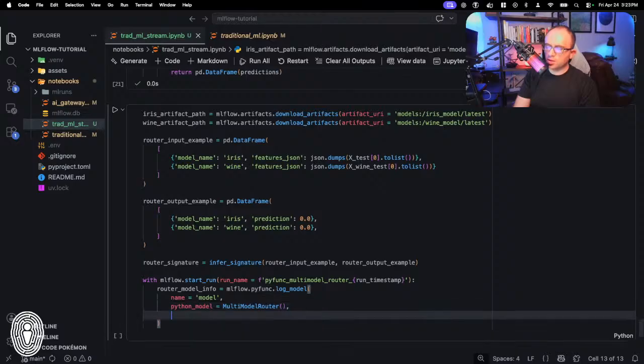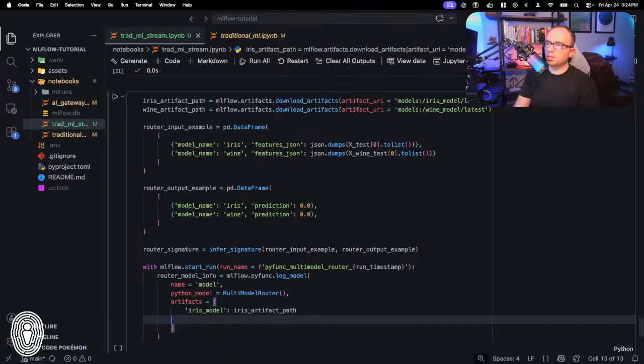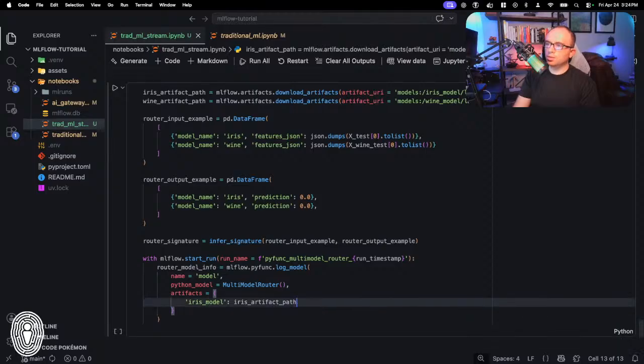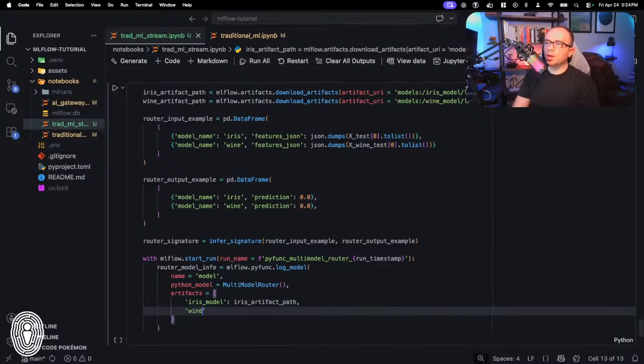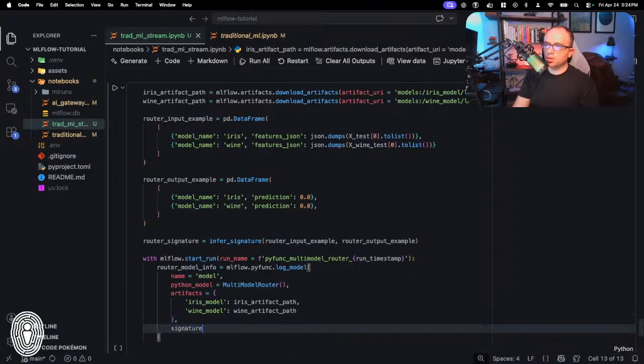I lost my place. Oh, there we go. artifacts equals iris_model, iris_artifact_path. Oh my gosh, come on. There we go. wine_model, wine_artifact_path. And then we're going to do a signature, which is going to be that router_signature.